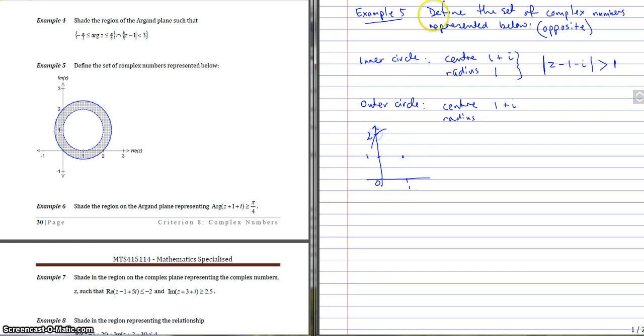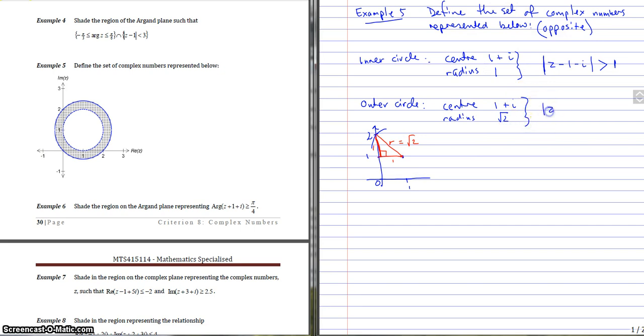So what we can do is draw a right angle triangle, and we can work out the radius here because we've got these two perpendicular sides. We know their lengths are 1 unit and 1 unit, so the radius is going to be the square root of 2, just using Pythagorean theorem. Alright, so our radius then is root 2,